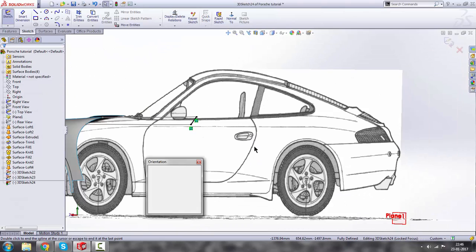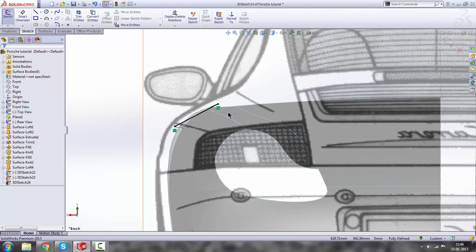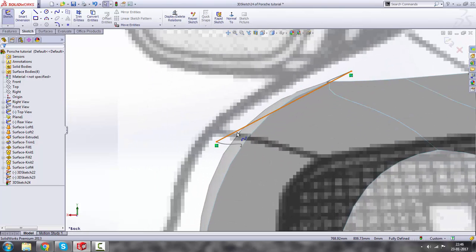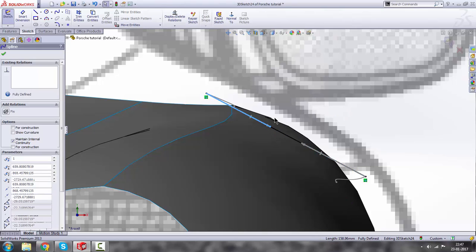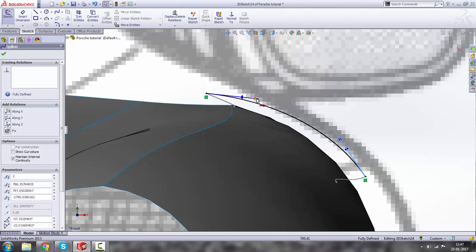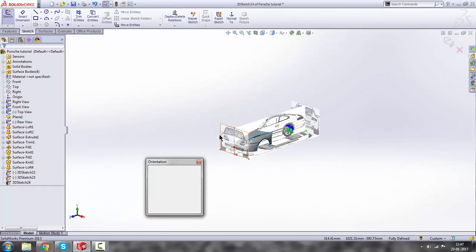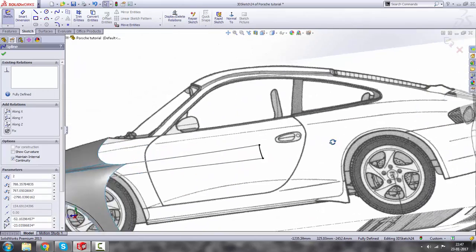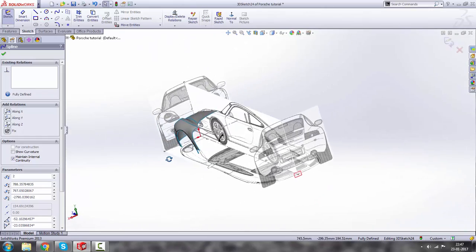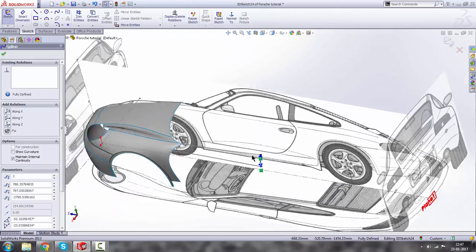Press escape and take a rear view, and what we have to do is turn on the rear view. Okay, here, okay, it's fine. I think we should take a front view. Yep. And then try to align, do it like that. Turn on the front view. Okay, this seems good. That is okay. If we find any problem, we will edit the sketch again and we will try to solve